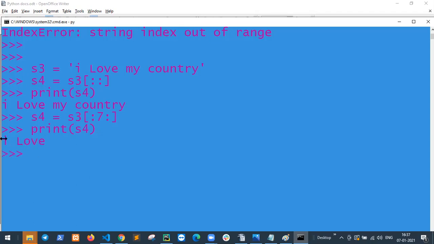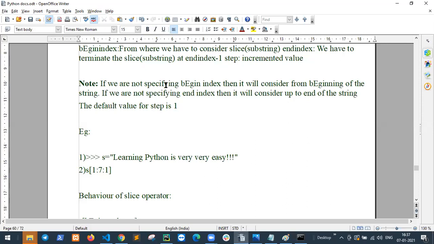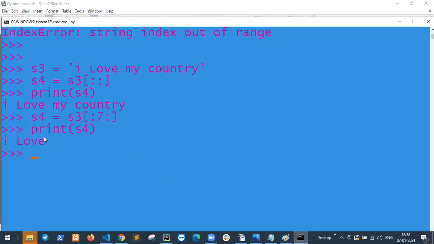So I love, so this is 0, starting 0 indexing. That means if we are not specifying any starting index, then it will consider from the beginning of the string. So start at the beginning, that is I. So start I space 0 1 2 3 4 5 and 6.